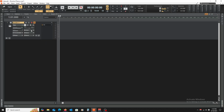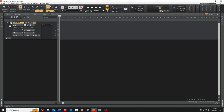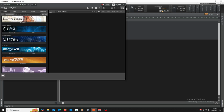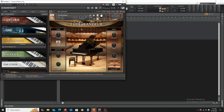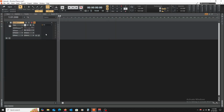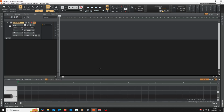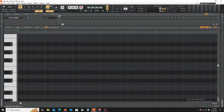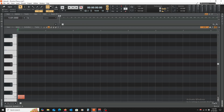So we'll bring up a piano here. And we'll go through each of the scales that we've covered so far. We'll start with the major scale, and then we'll do the natural minor scale, and then we'll play the harmonic scale. And then from there, we're going to focus on the harmonic side of things, although we will be making some comparisons. So if we start with our C major,